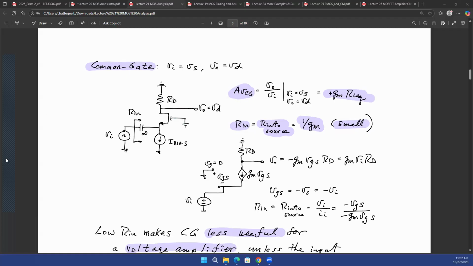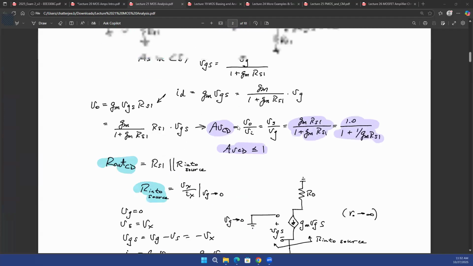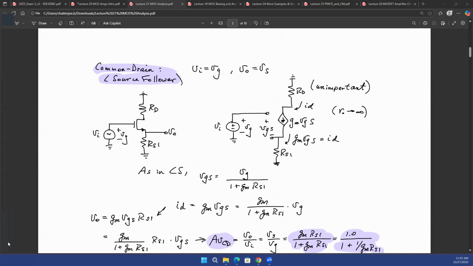Also for common drain, you do not have that 180-degree phase shift because again, you can find that out from the small signal model as well. But the easiest way to understand that is the current that is flowing through the drain terminal, the same current flows out of the source terminal. So the voltage that you developed at the top terminal of the RS is in the same direction of the current flow, right? And that is why there is no 180-degree phase shift between the input voltage source and the output voltage for the common drain. So only the common source has a 180-degree voltage difference between the input and output. The other two